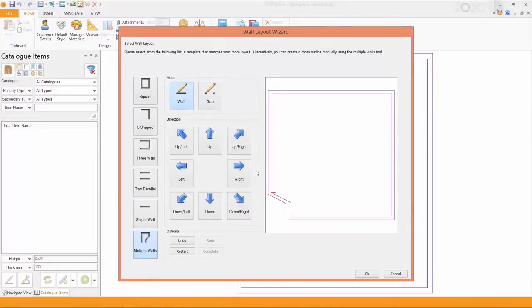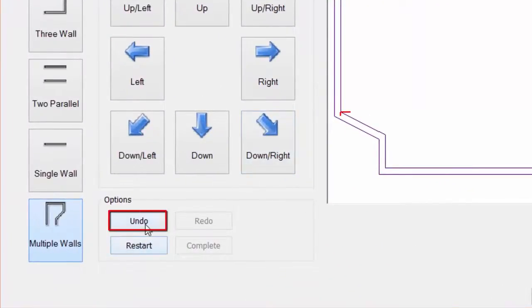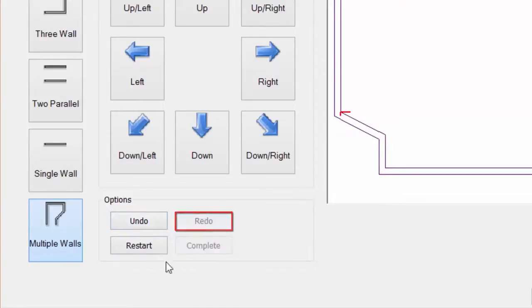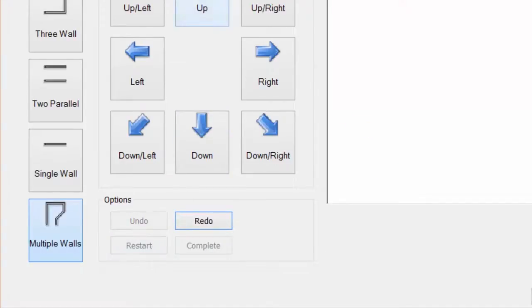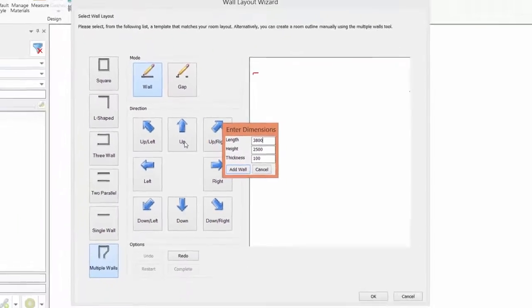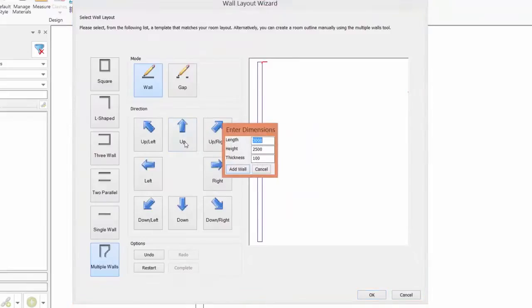But at any time you realize it's not quite what you want, there is the undo button, so it undoes one wall at a time, or redo. And we can also restart the beginning altogether. So I might go up and make that 3800, press enter. To the right or to the east direction,